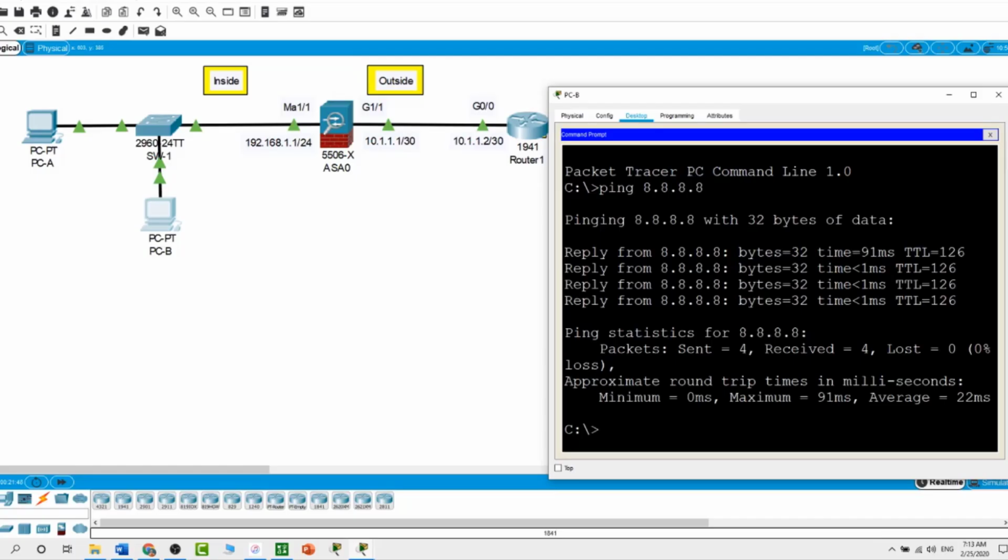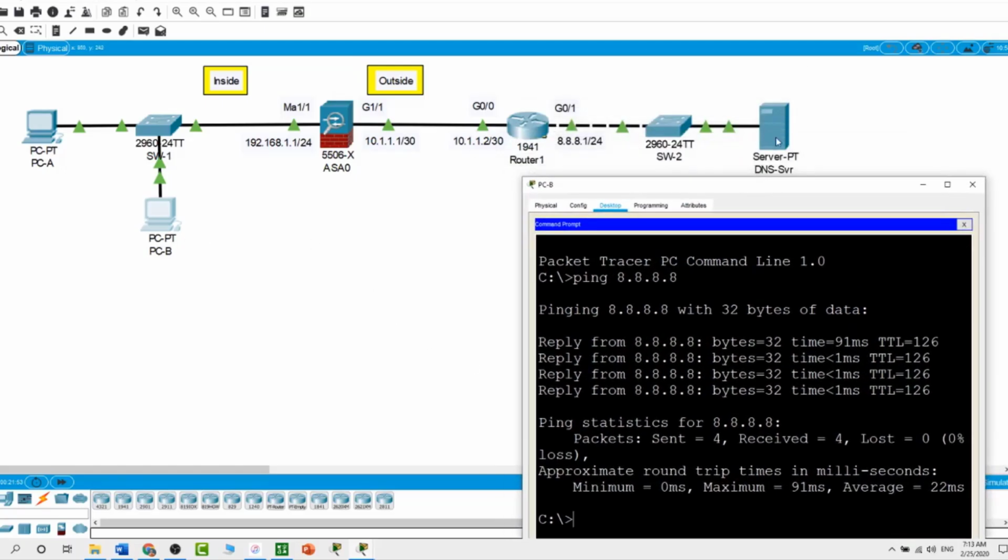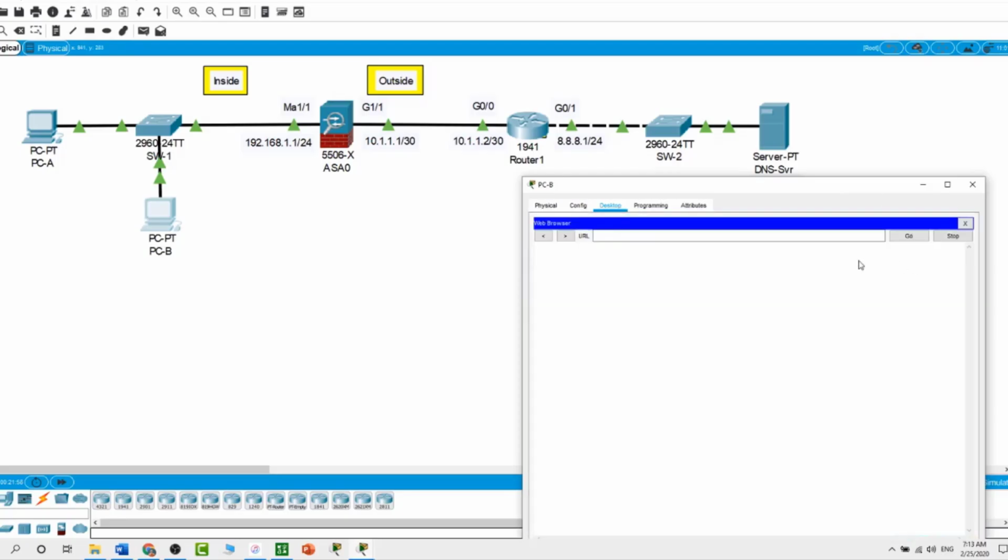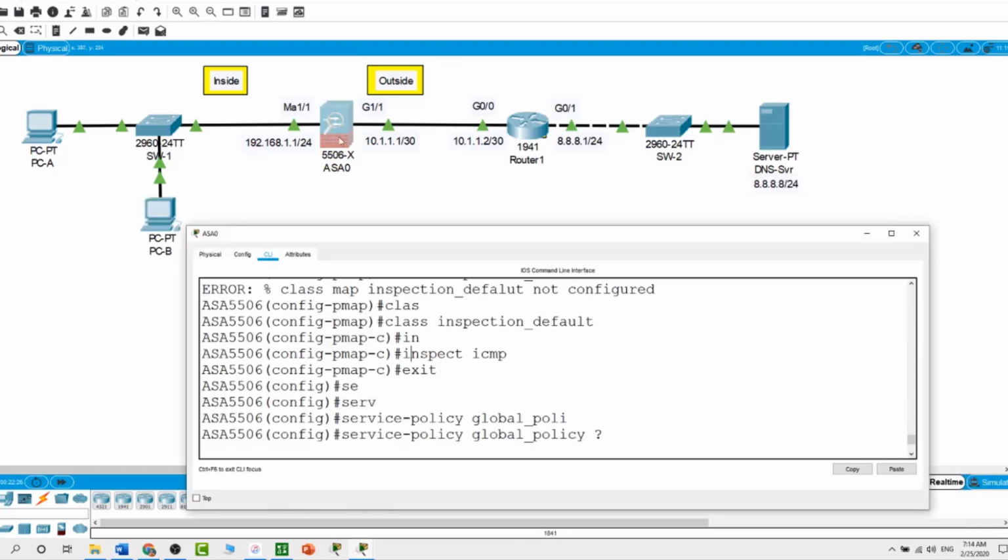Now, let's see from PCB here if we can access the web server using the web browser. Here, type 8.8.8.8. It should time out on us because we did not ask the ASA device to permit or allow the HTTP protocol. So to allow accessing the server via web browser, I need to add HTTP on the ASA device. So go back to the ASA here,